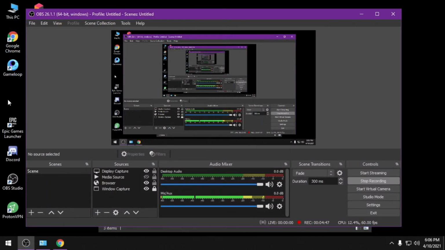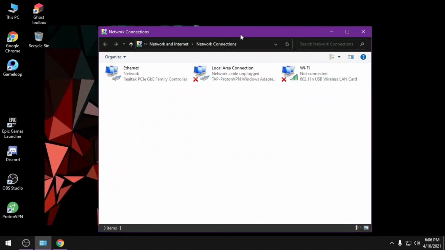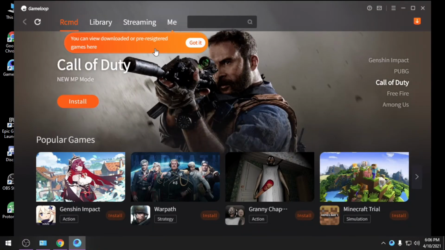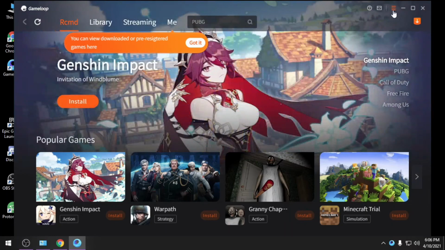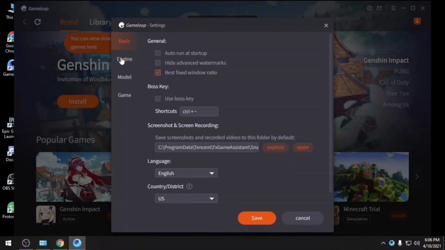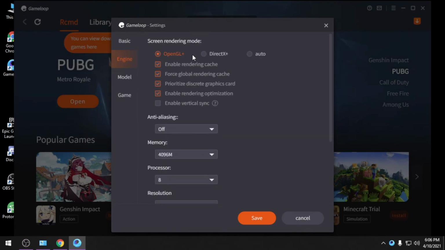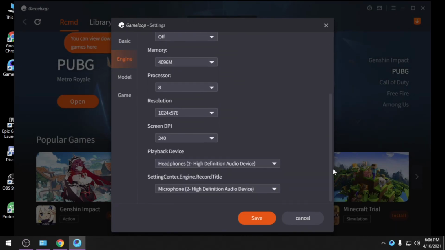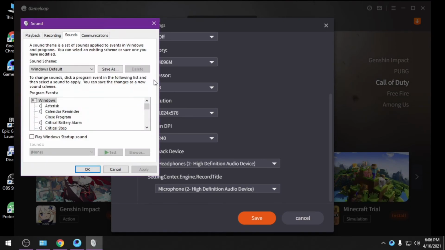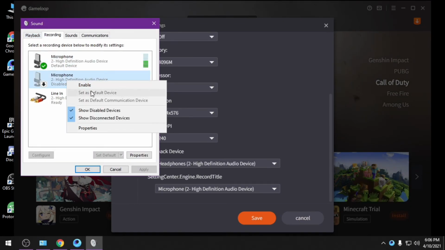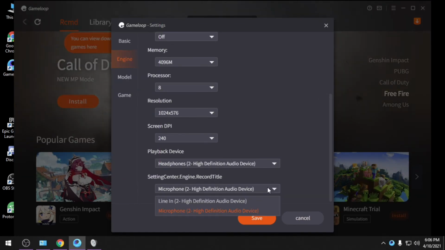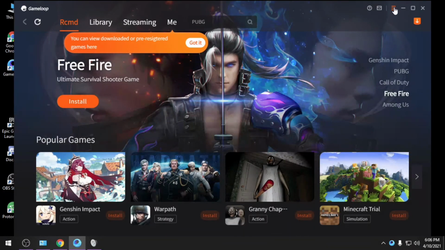Wait a minute, I'll show you my game loop. Here you need to go to your settings first. Wait a minute, I'll show you one thing. I am enabling this. Many have doubt here.